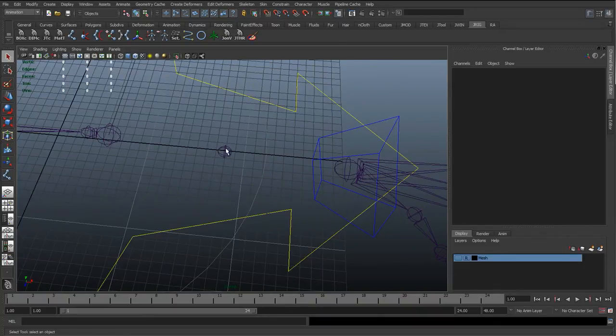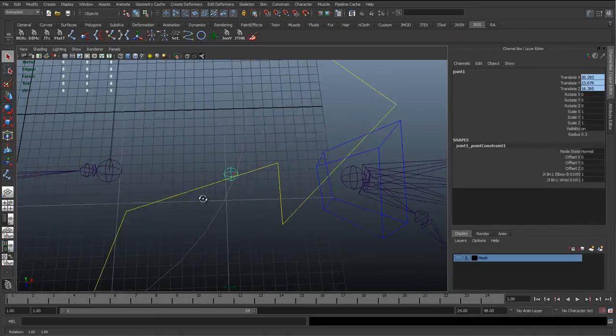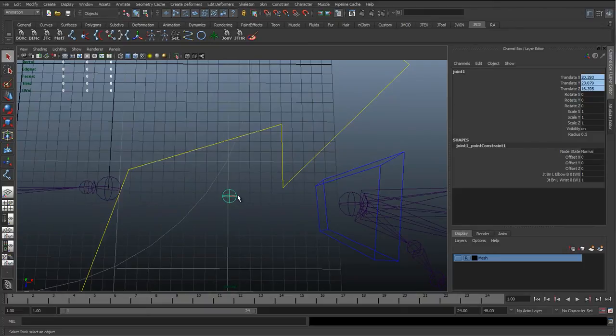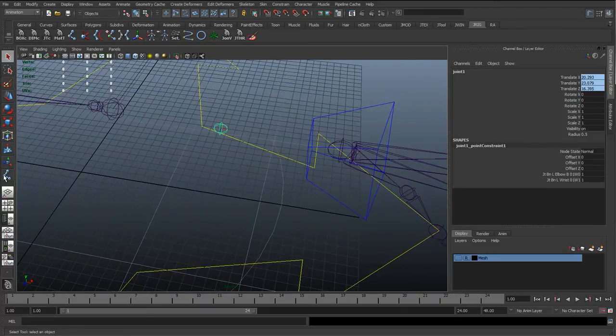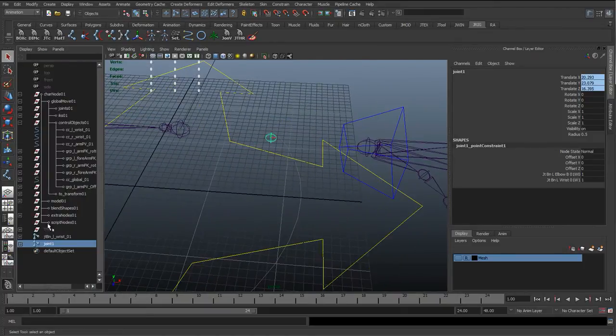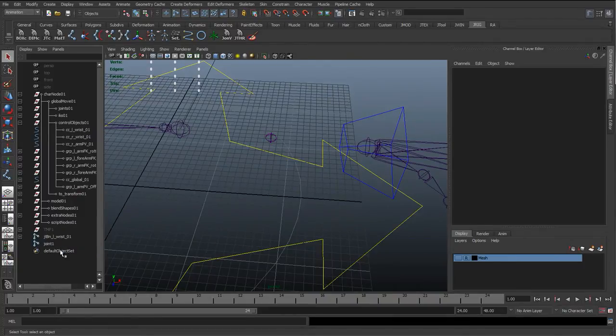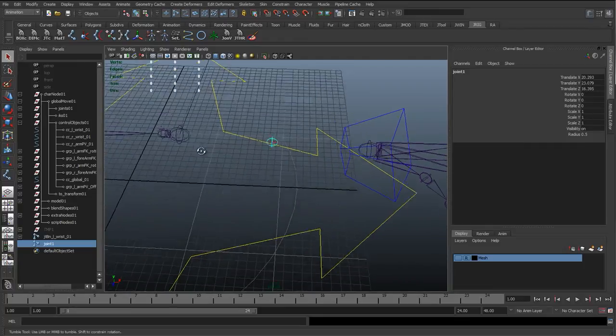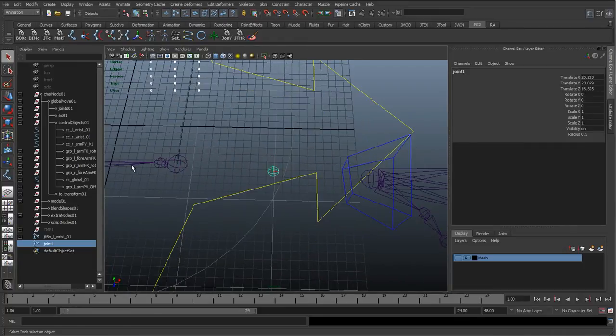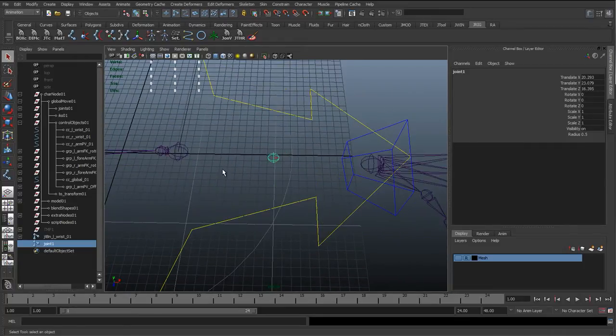I want to keep these on a straight line. So I know that they're perfectly straight now, so what I can do is, in the outliner, just press F to frame it. So it's at the bottom here, and I'm just going to delete the point constraint. So we've deleted the constraint, but it's kept it in the same position, so I know that this is exactly in the middle. And then all we're going to do again is